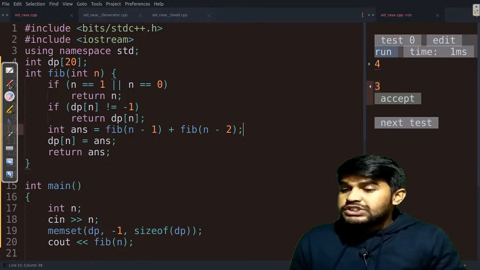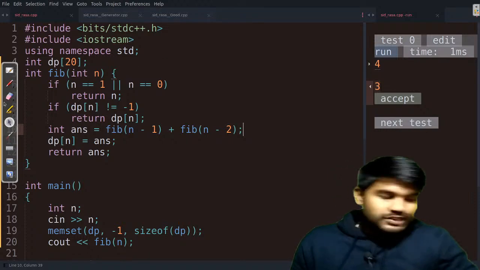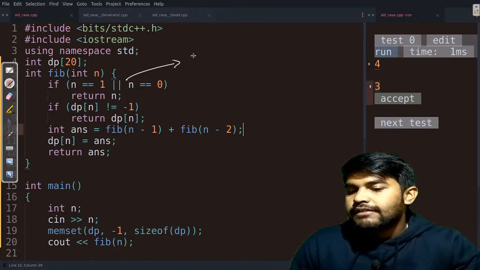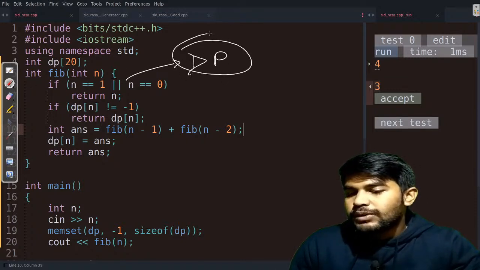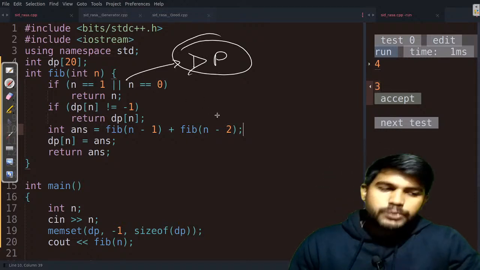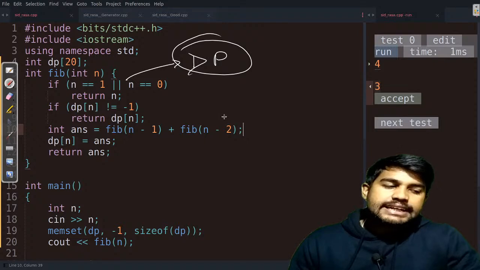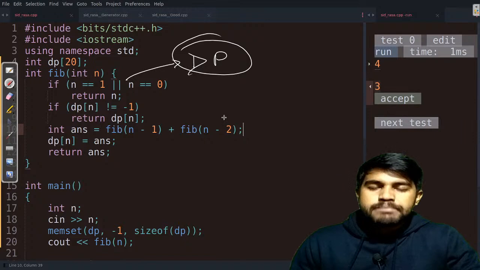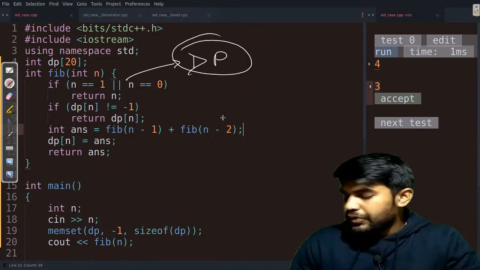So we just now did what? We just now did dynamic programming. We just now solved this problem using dynamic programming. So you can say that DP states that if you can't remember your past, you are condemned to repeat it.